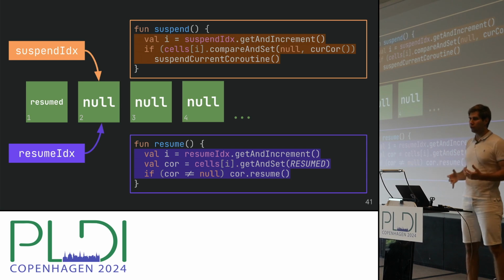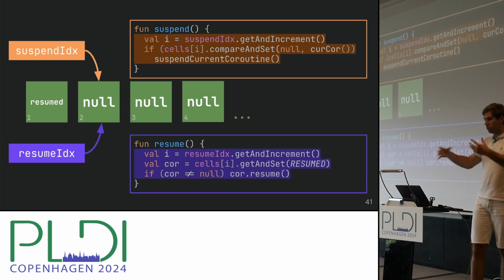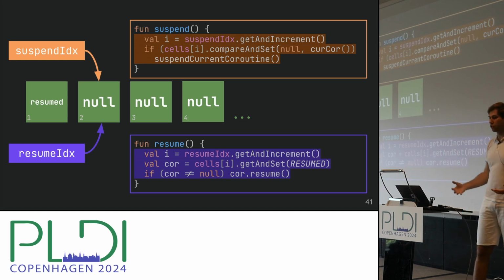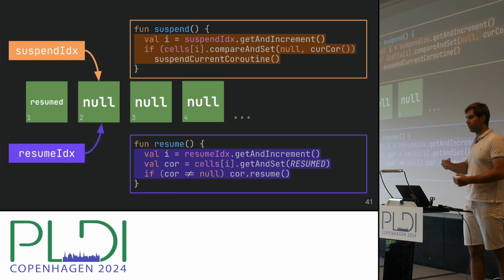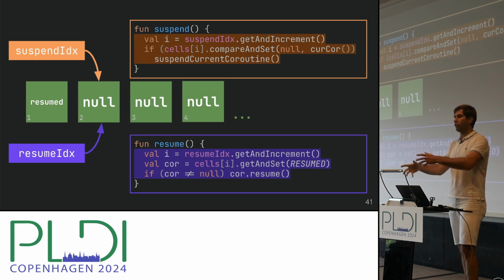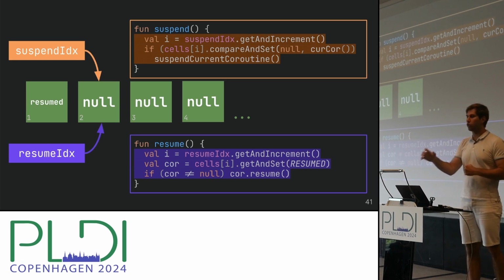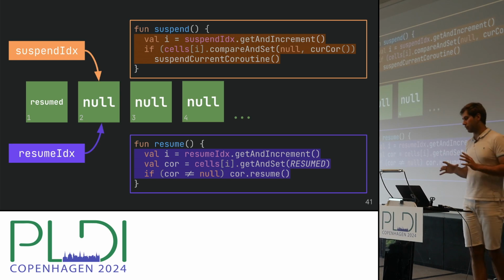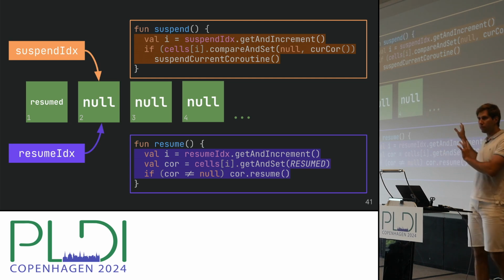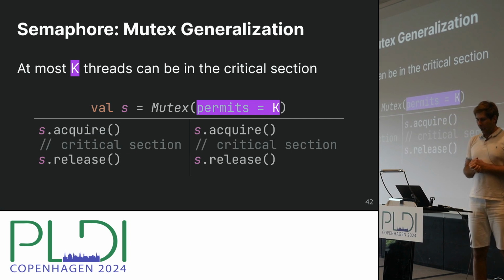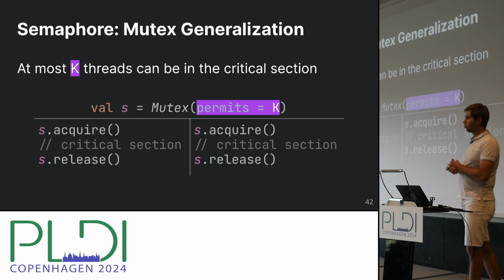And of course, in the actual implementation, we need to care about a lot of different things like cancellation. So when we are waiting in the cell, the coroutine can get cancelled. We need to carefully remove it from this slot. We need to update the state as well. But these are the technicalities. So the high-level design is that simple. And that's how we can implement the suspend and resume calls.